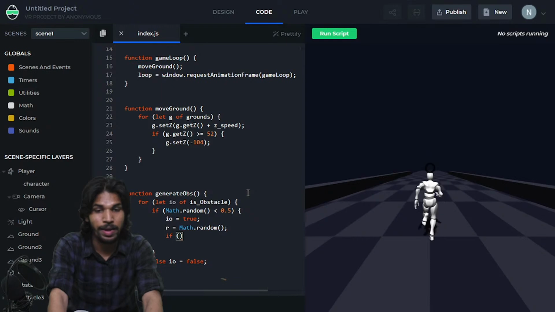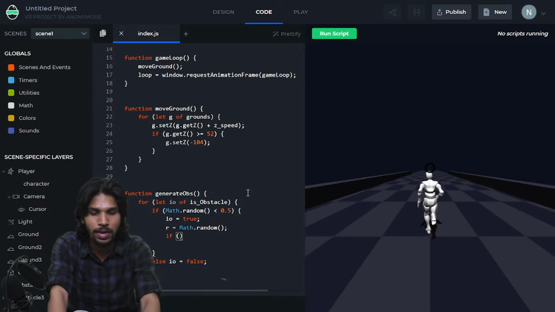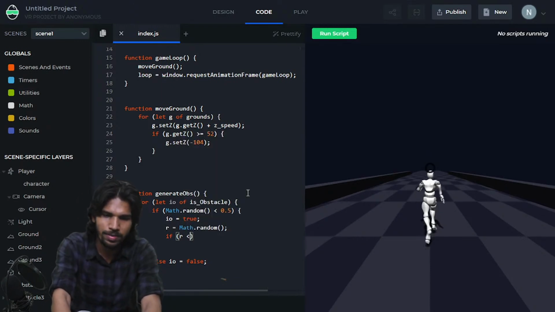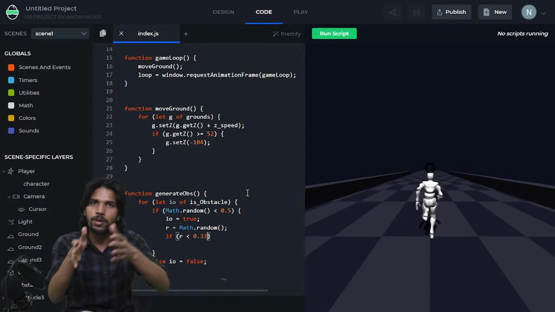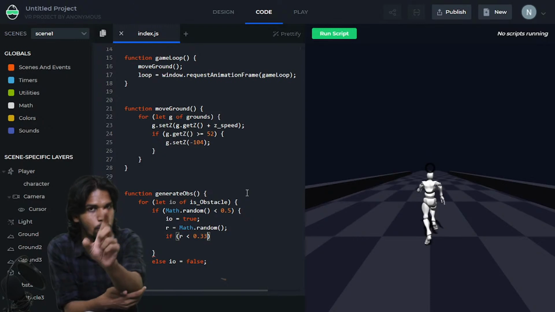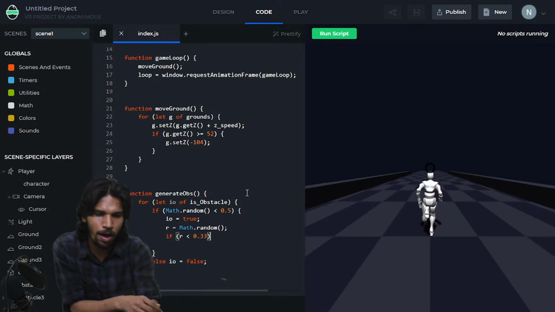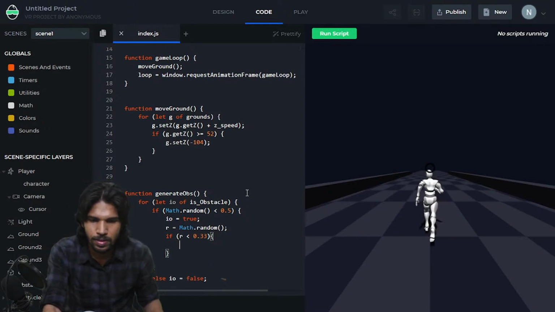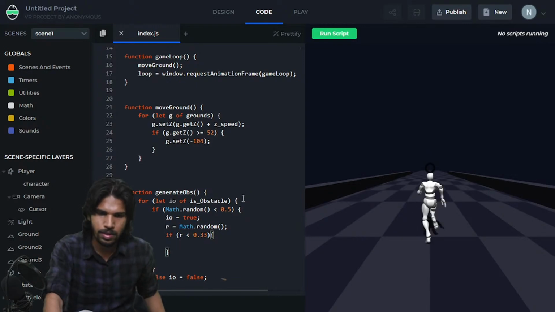I'm going to say if r is less than 0.3, so 1/3, 1/3, 1/3 chances of cloning obstacle, obstacle 2 or obstacle 3. So that is why if r is less than 0.3, then okay,